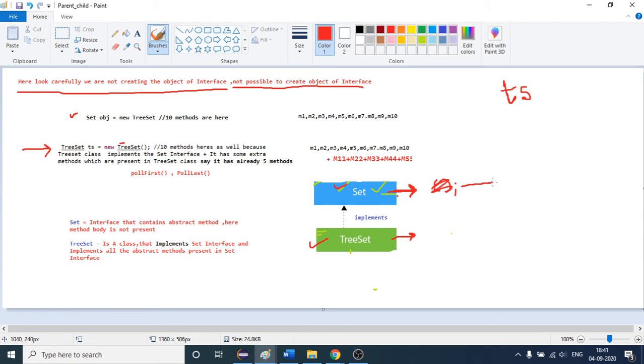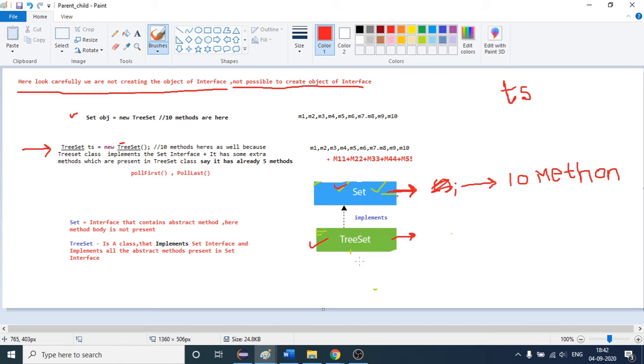suppose this Set interface has 10 methods. I am just saying assume, maybe there are many methods in this, but as of now assume there are 10 methods. And as you know, in the interface, the functioning of the method is not present, they are just the methods, but they do not have any code. The coding of the methods will be provided in this class TreeSet.